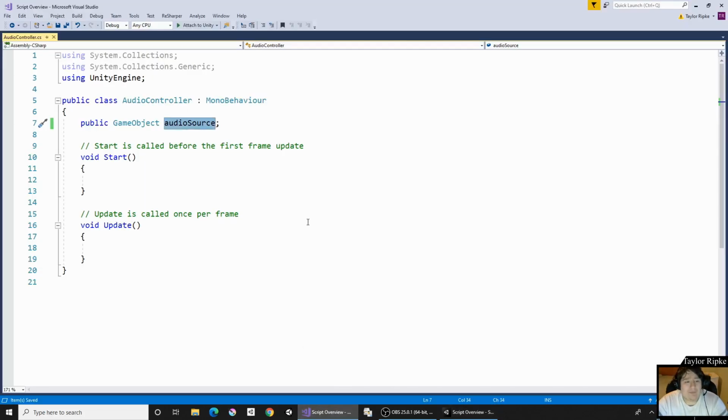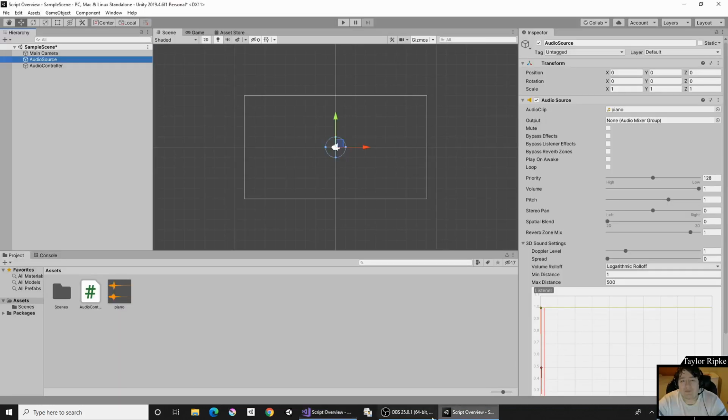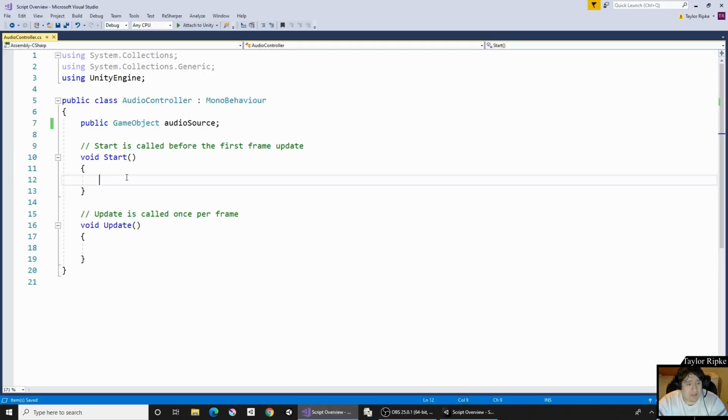That's going to be very helpful for us because what I'd like to show you how to do is, in the start function, we want to be able to play that audio that we brought in. Well, before we even write a line of code, let me demonstrate what we're trying to do. The audio source has the ability to play its music. So it's going to be a play function. So what we essentially want to do is something along the lines of audio source dot play,